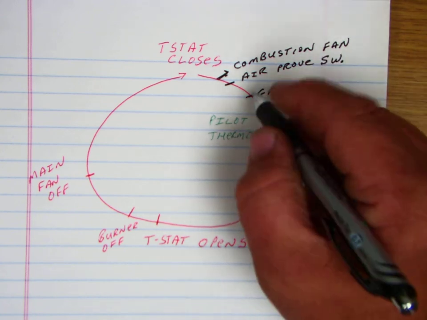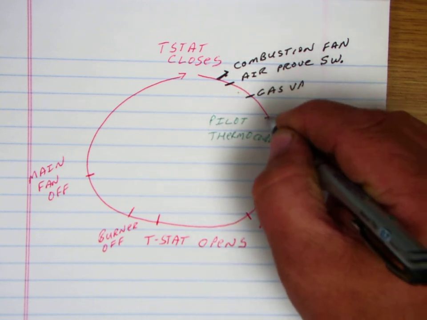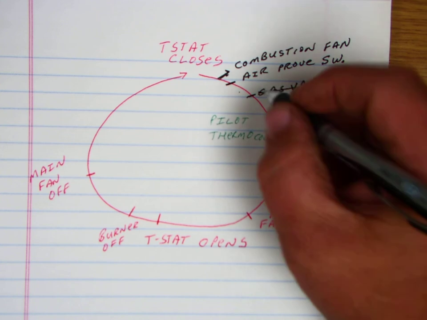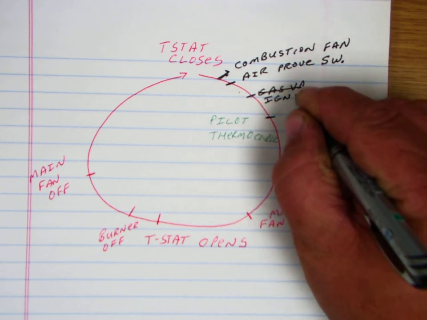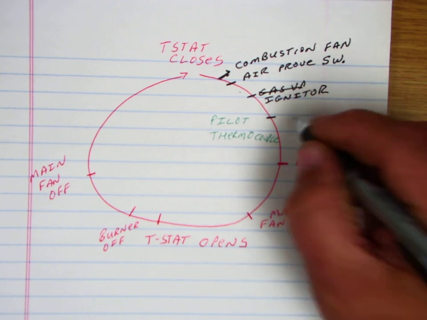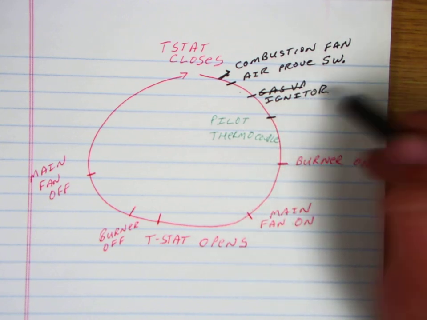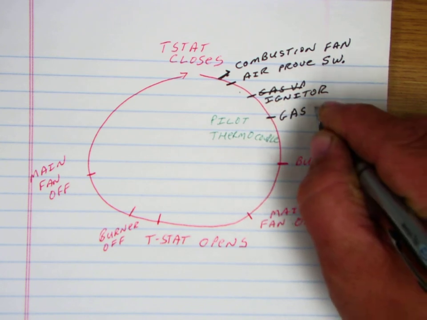The air proving switch operates the igniter, which then, once we prove that we have an ignition source, we turn on the gas, open the gas valve,